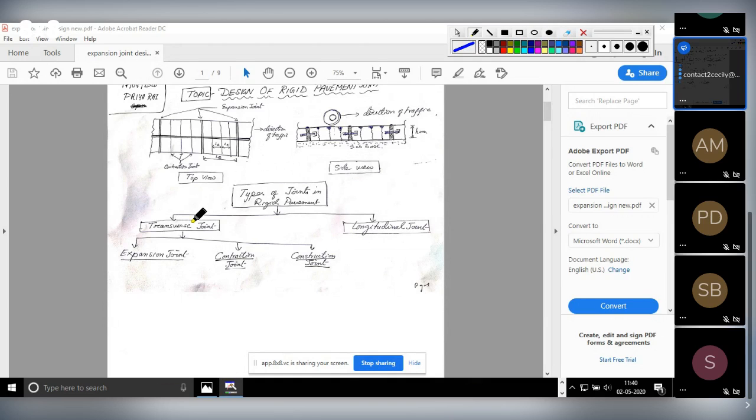Clear? Now see here, for design purposes we must consider the transverse joint. So there are three types of transverse joint. One is your expansion joint, another is your contraction joint, and the third one is the construction joint. Today I will teach you how to design this expansion joint. Now see here,